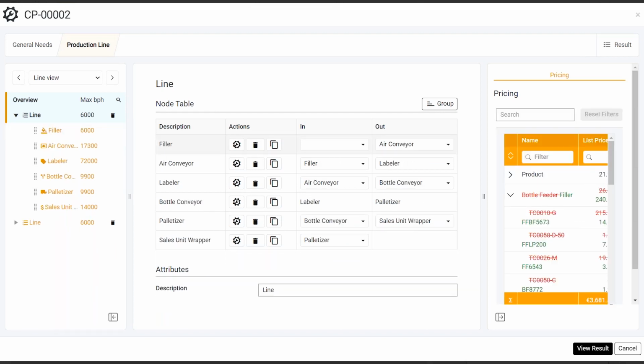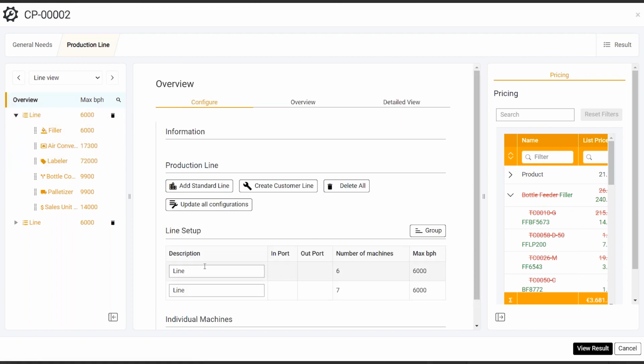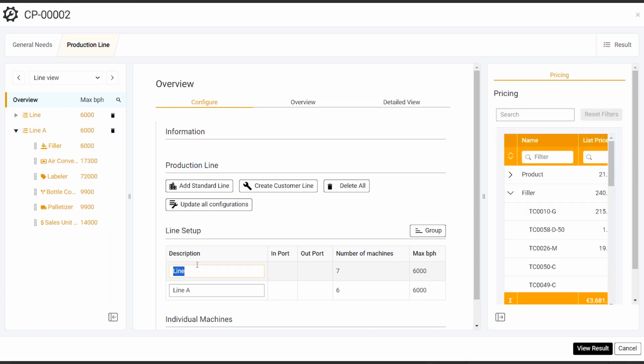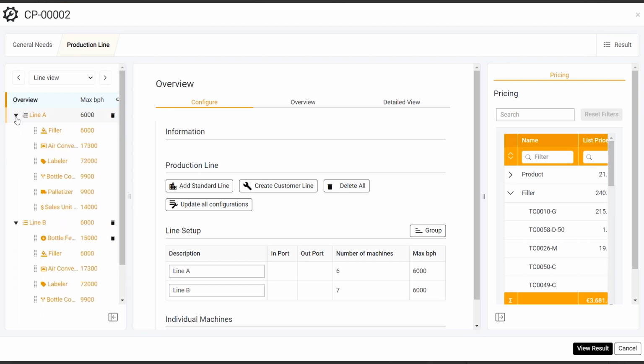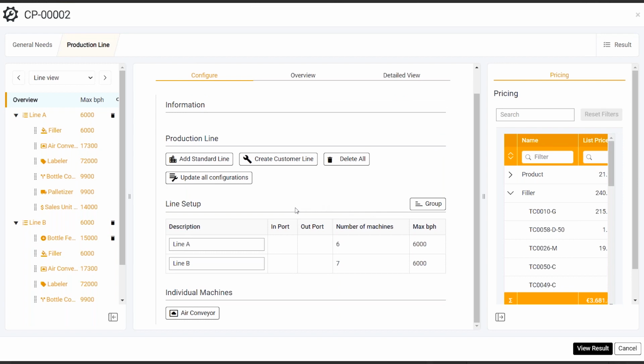Thereby, the bottle feeder is gone from my line A, or my line. Because now I have two lines, it can be hard to separate them. Let's rename them. And why do I want to rename them? Because it's easier to separate them. But since I'm now starting to get into a little bit more complex system where I have multiple lines, and if I want to do more things with them, it might be easy to separate them line by